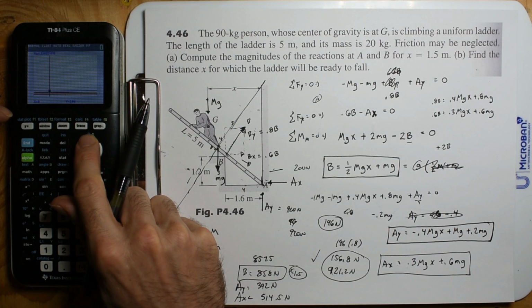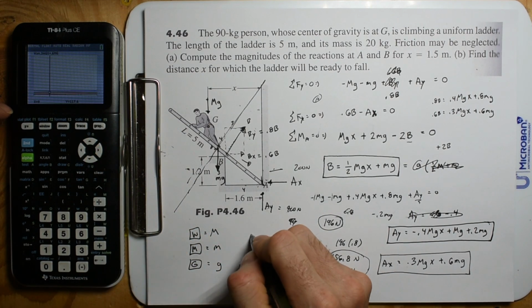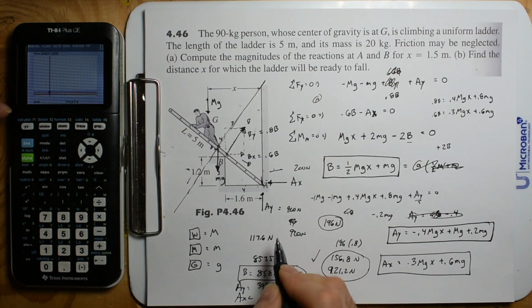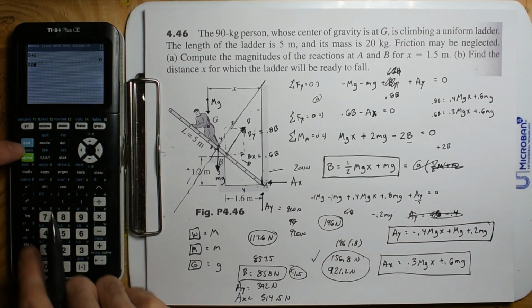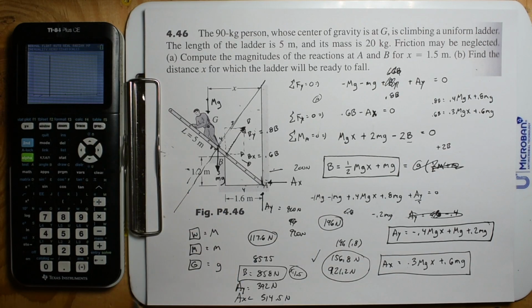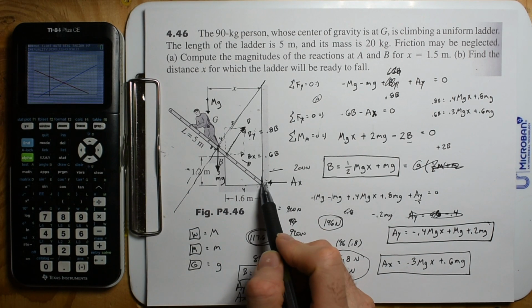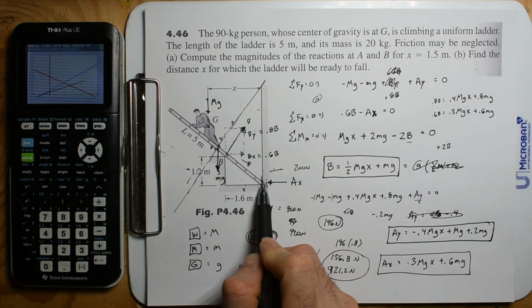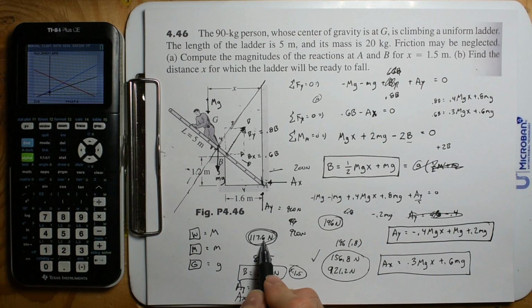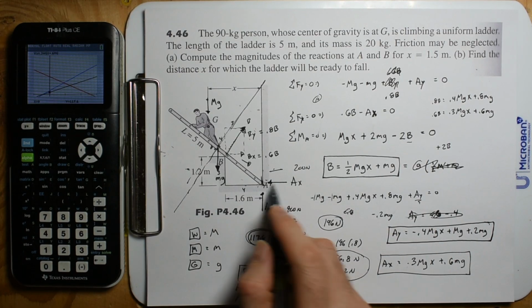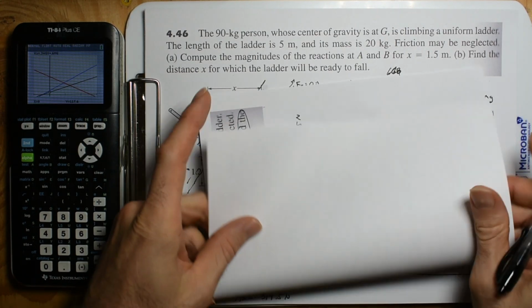And what we have is 117.6 newtons of force up against the wall. So now we're going to throw in 90 stored as alpha W and then graph that. And this value shouldn't change just because the guy is standing right at X equals 0. So we're going to go value 0. And yes, it's 176. So that brings up